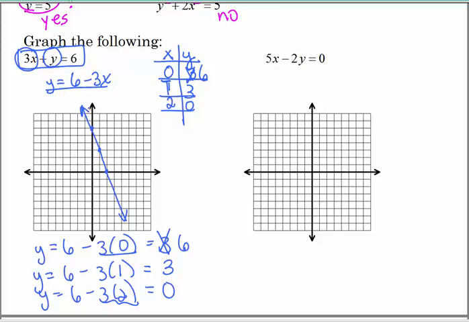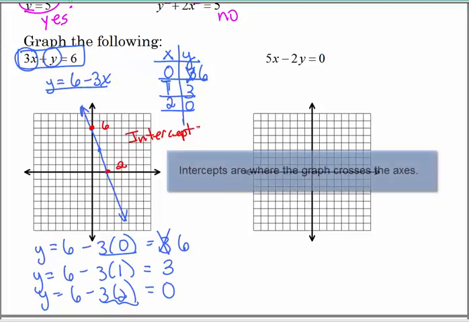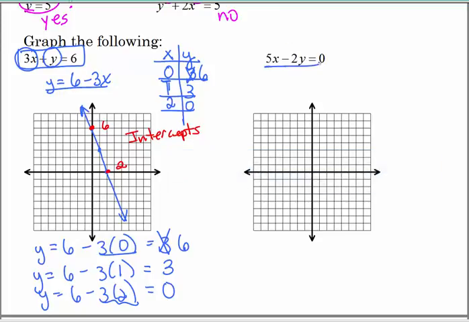Now, another thing I want you to notice is that it crossed the y-axis at 6 and it crossed the x-axis at 2. Those are called intercepts. Intercepts where the graph crosses the two axes. Let's look at this one. Now this one might not be as easy to solve for y. Well, you could. Let's see, I could subtract the 5x, and then I would divide by -2, and a negative